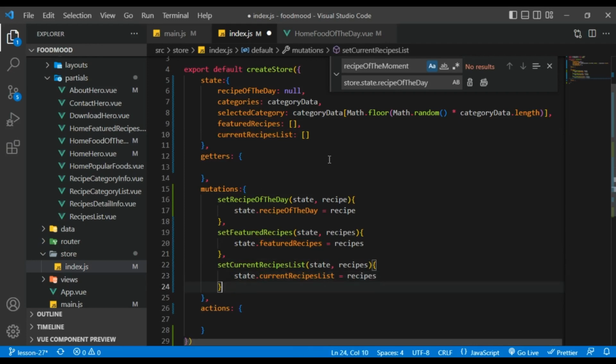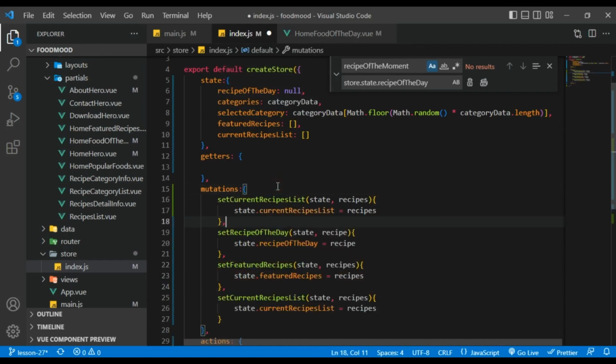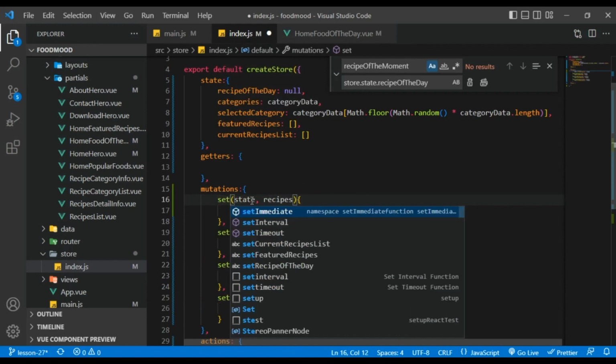And I think the last thing we actually need to do is set the selected category also. All right, so let me just copy this and put it right here at the beginning. So we are going to say set selected